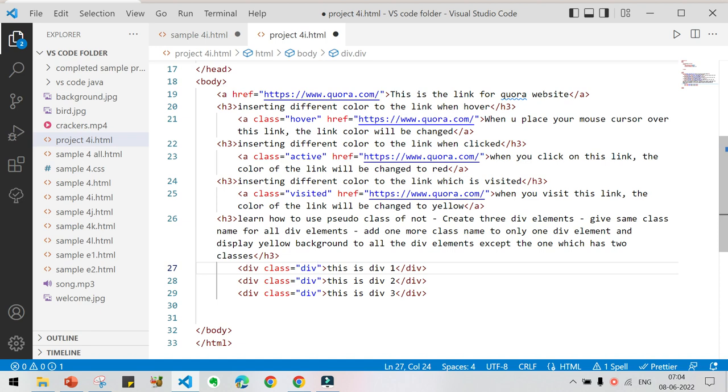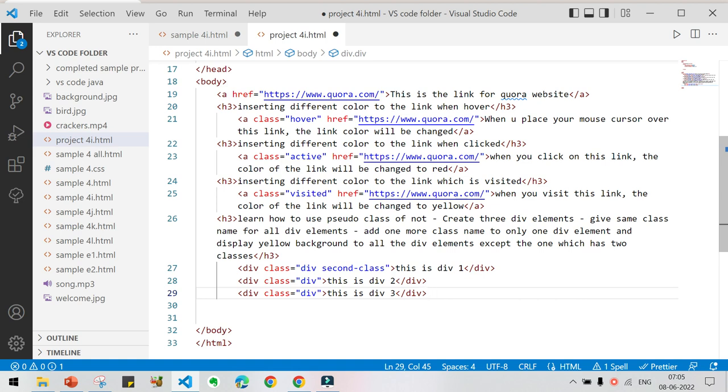So how to give two class names? Just by leaving space. If you leave space, it is considered that it has two class names. Okay, I am giving as second class, so that only we should not leave any space while inserting the class name. Okay, instead you can give hyphen. Now what it is saying next,